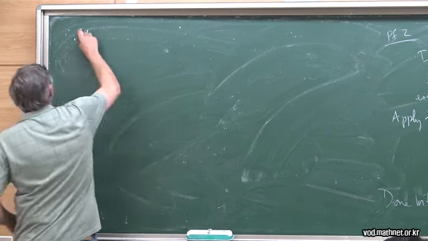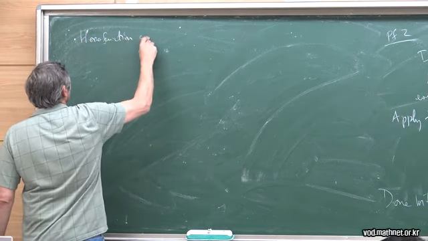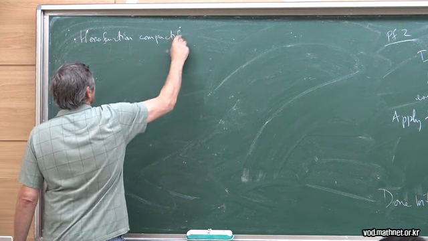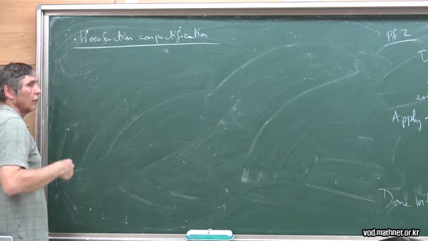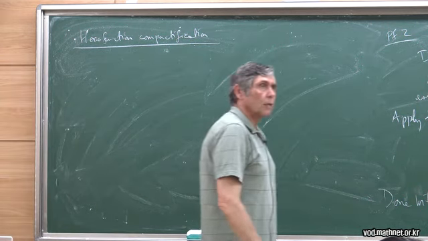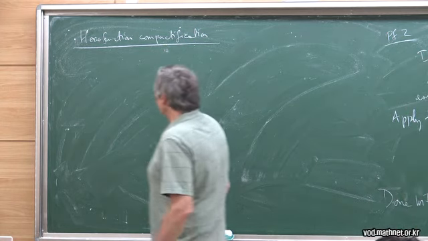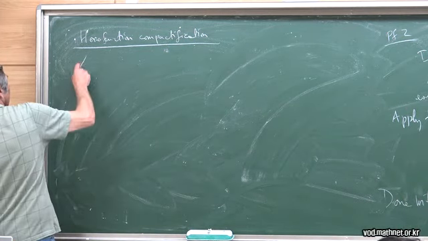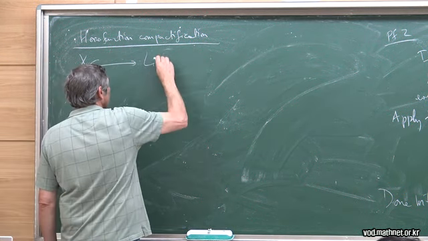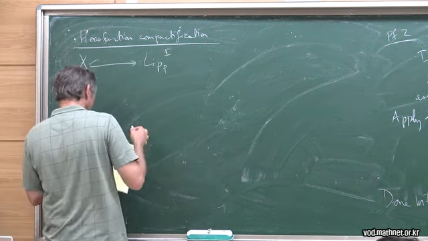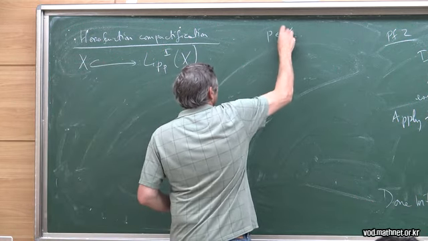Okay, so the Horo function construction, Horo function compactification. I have this X, and what I want to do is embed it in the space of functions. So this X will get embedded in the space of Lipschitz functions. These are going to be one-Lipschitz functions with the base point p of X. Okay, so p in X is some base point,